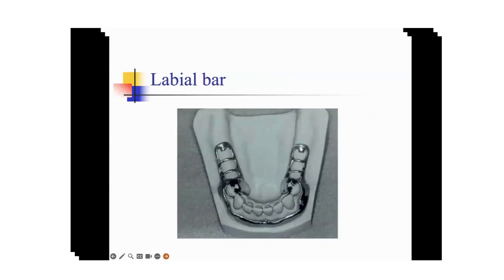Coming to the labial bar, you can see in the picture there is no mandibular major connector visible on the lingual side. It is located on the labial side. So what do you think would be the indication for a labial bar? If the teeth are lingually tilted or if there are any major undercuts on the lingual side, you can definitely